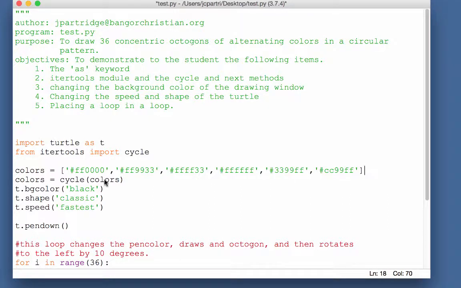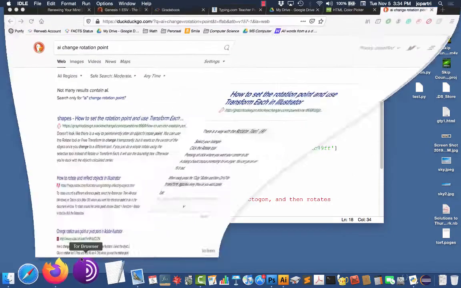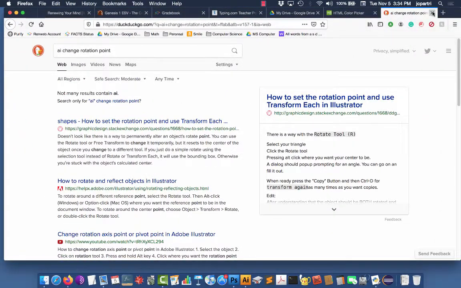So what I do first is I create a list called colors. And inside of there I put, these are called hexadecimal codes. And so these are the codes for the different colors. Let me show you where I got these from. So you don't have to be a magician. Go to